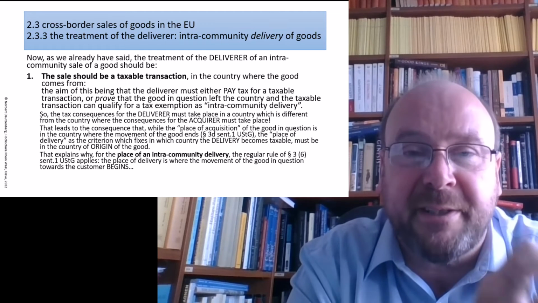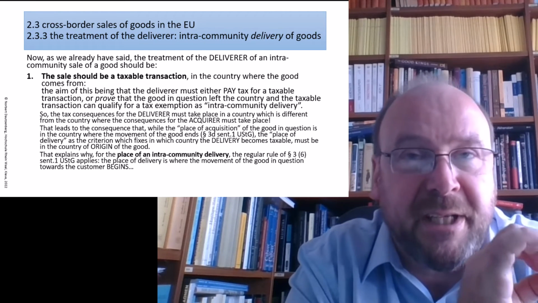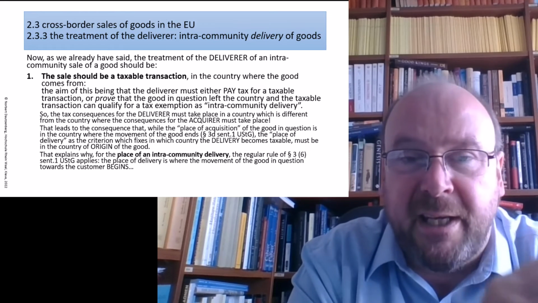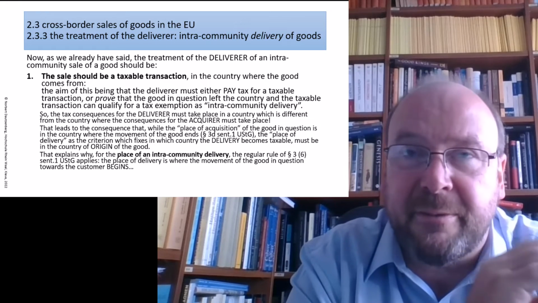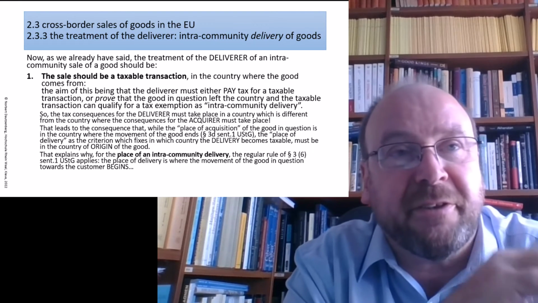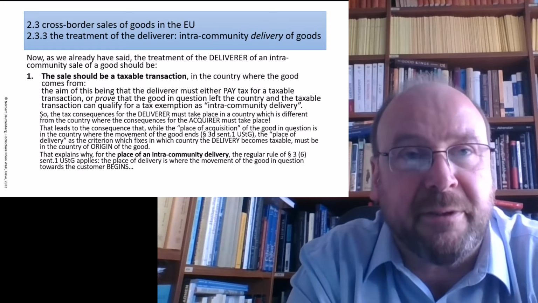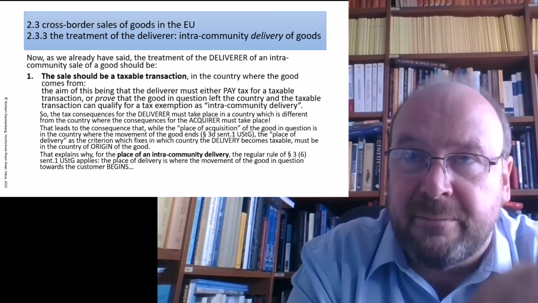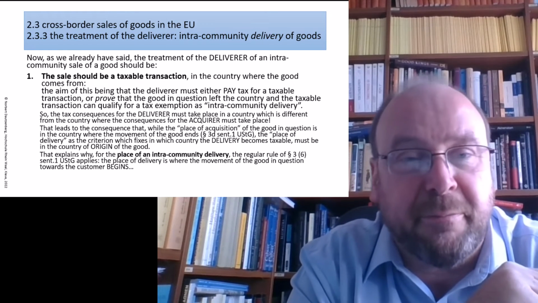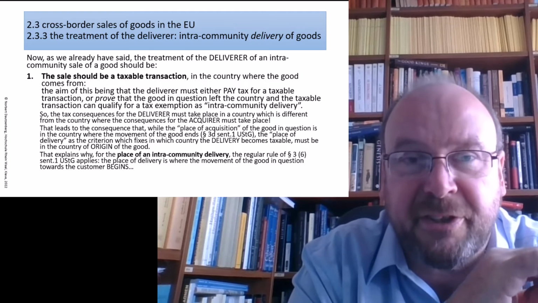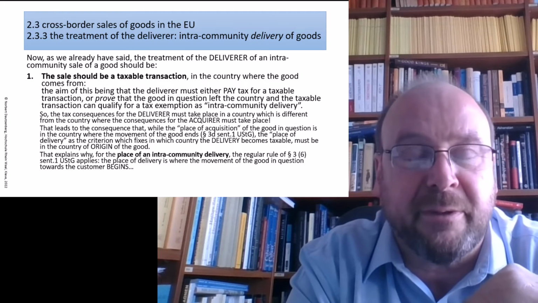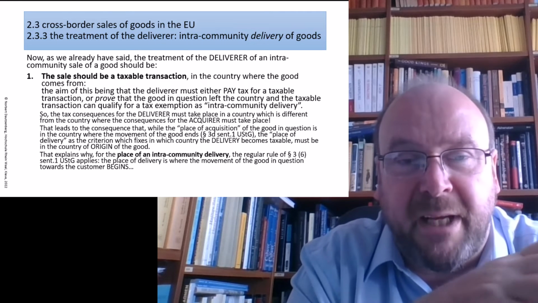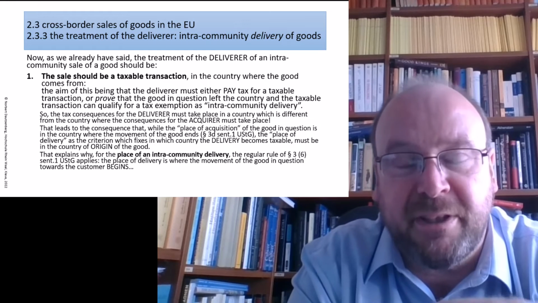Only that gives the right incentives to the deliverer to have the documents clear, to declare everything in a nice way, and to make sure that his declaration matches with the declaration of the acquirer by registering the right VAT identification number, handing over the relevant information to the automatic information exchange system of the EU in the so-called recapitulative statement, so that by computer the matching of the declarations can be checked.